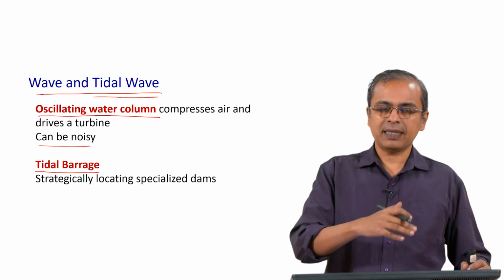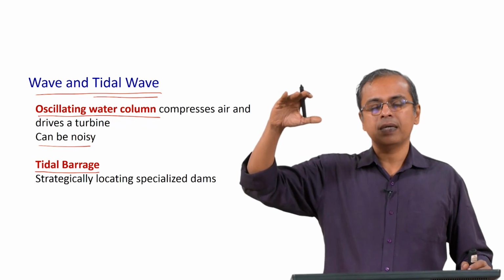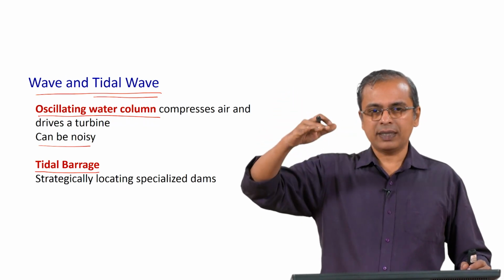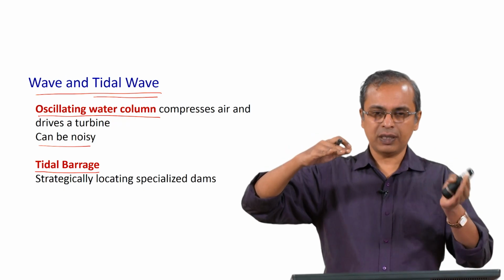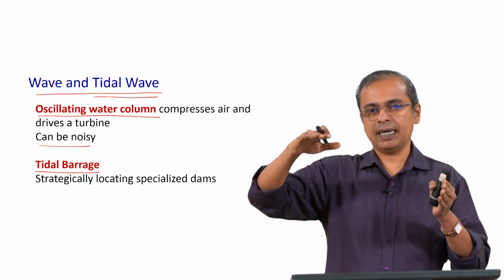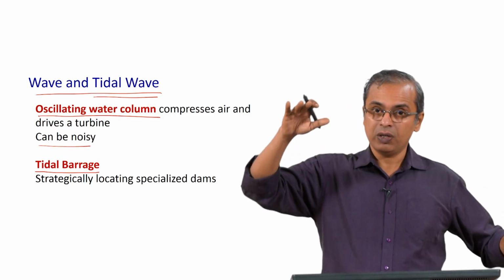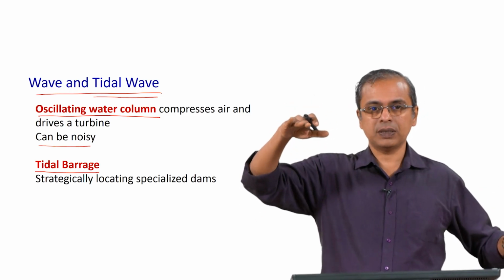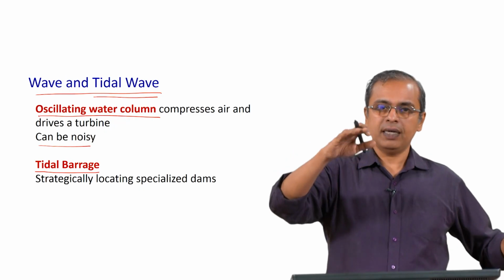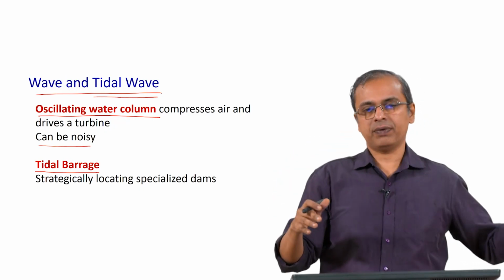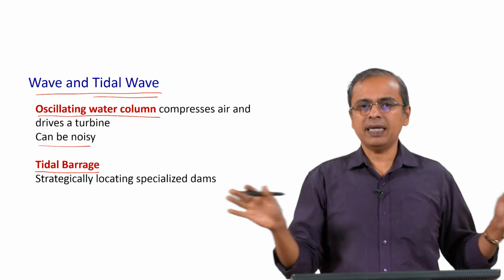You just capture the fact that during high tide the water level rises, and so you allow the water level to rise, and then you have these small dams which get closed and hold that water at a higher level. Then as the low tide happens, the water level recedes, and you now have this potential energy that has been stored. You release it in a controlled way back into the sea, generating power in the process. So, this is a very clean way in which you do it.